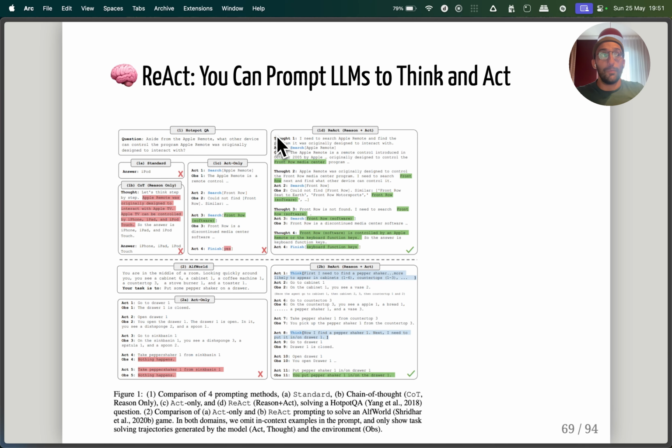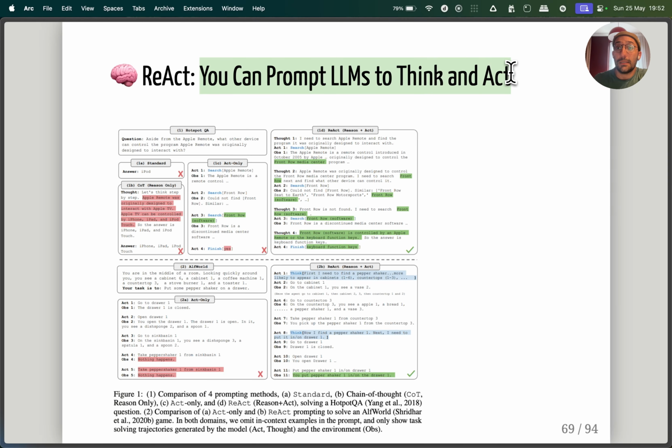To really introduce one of the core papers behind this modern idea of the agent loop, which is actually a very specific type of agent loop we're going to talk about, called the ReAct agent loop, which is an homage to this paper called ReAct. And this paper was really fascinating. What they demonstrated is that you can prompt LLMs to interleave thoughts and actions.